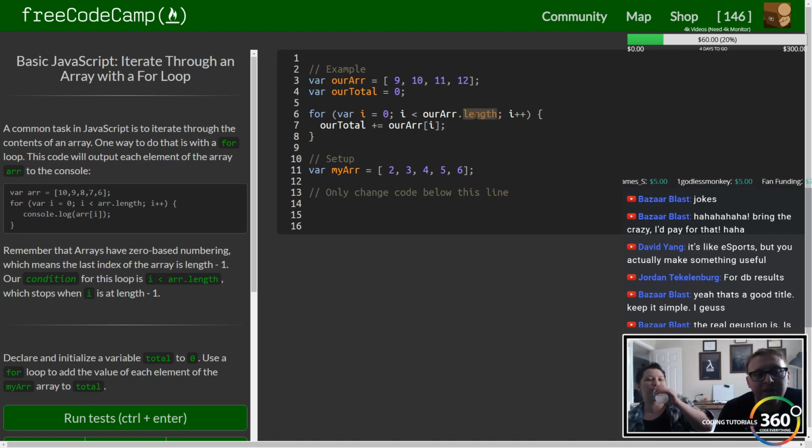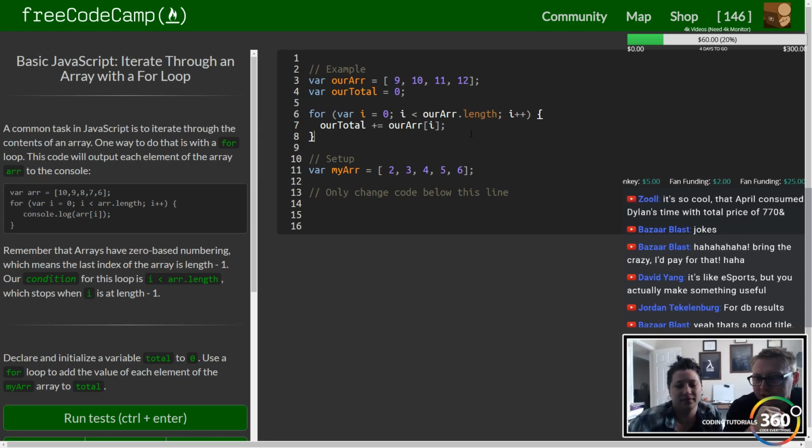Alright, so in this case, remember our array function dot length